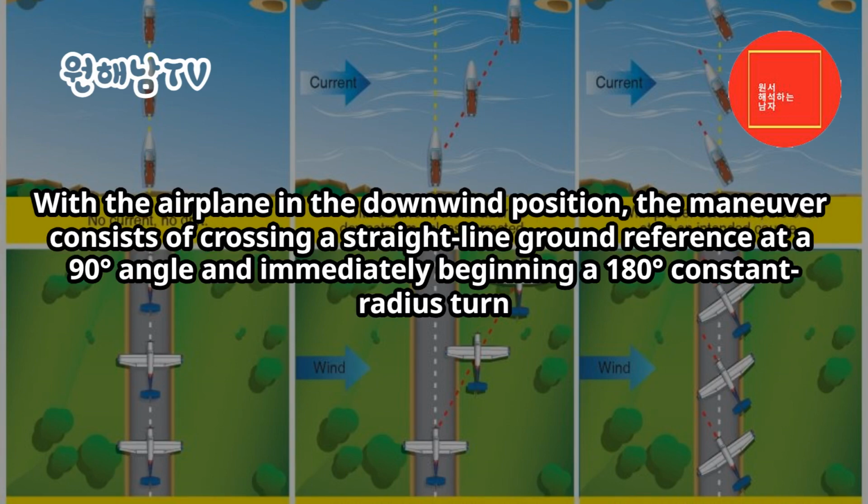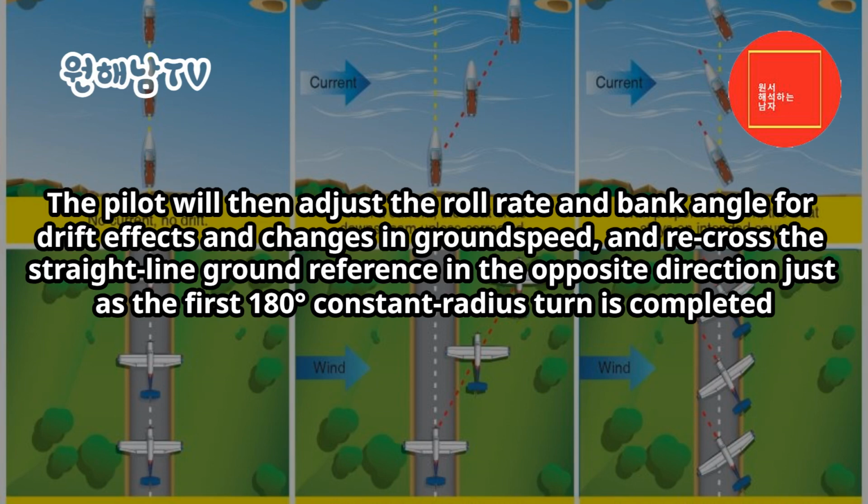With the airplane in the downwind position, the maneuver consists of crossing a straight line ground reference at a 90 degrees angle and immediately beginning a 180 degrees constant radius turn. The pilot will then adjust the roll rate and bank angle for drift effects and changes in ground speed, and recross the straight line ground reference in the opposite direction, just as the first 180 degrees constant radius turn is